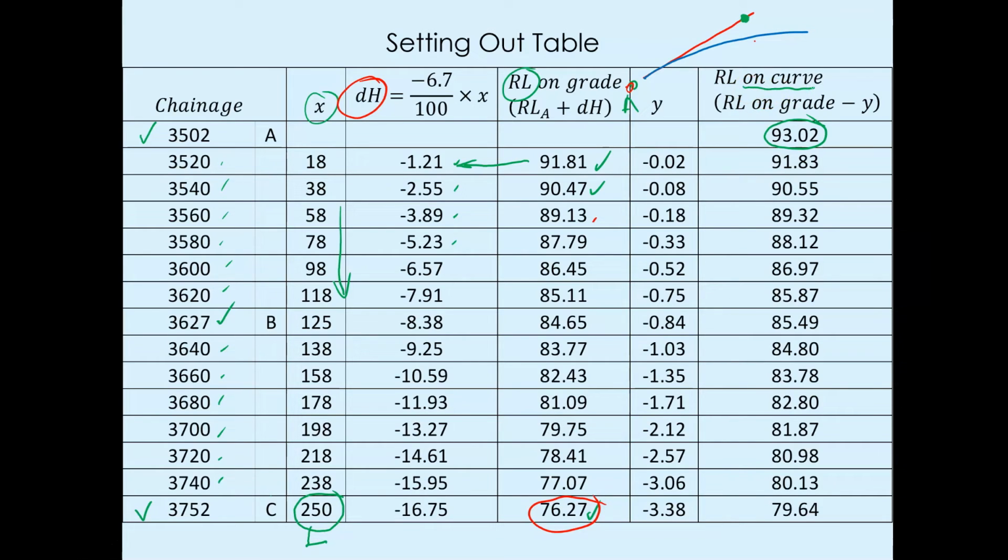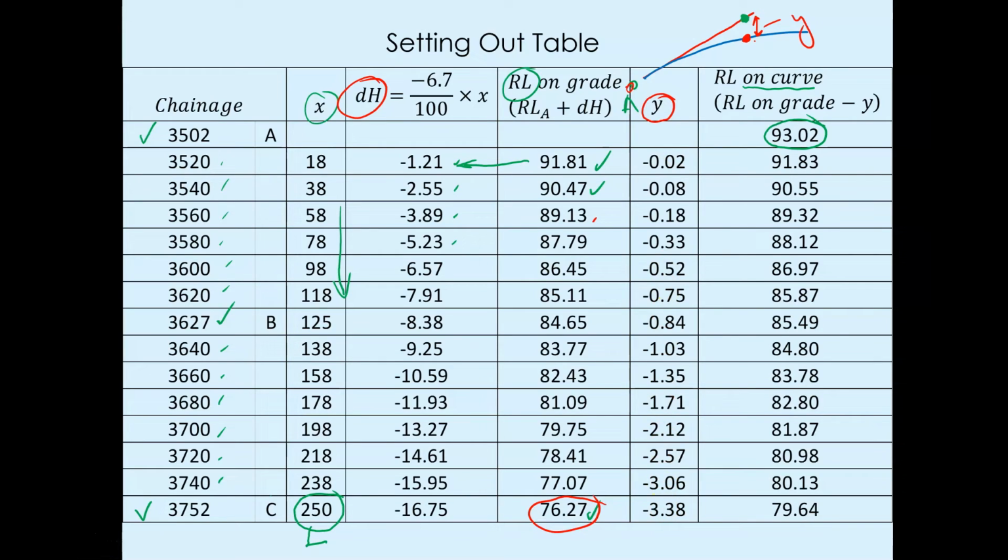which is, I'm going to use red now, that point there. So that's what we require. That distance, if you recollect, is the offset y. So the next column after that will be the calculation of y: (p minus q) over 400 little l, times x squared. So you get all that.